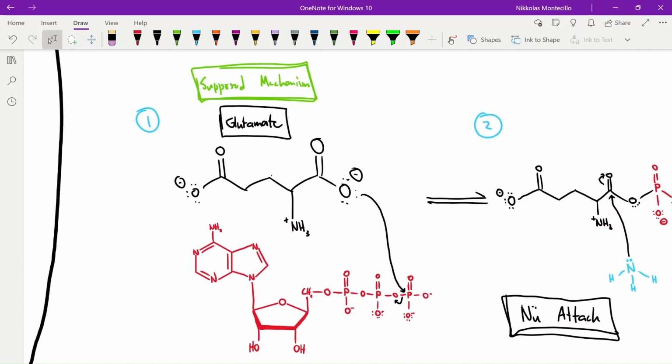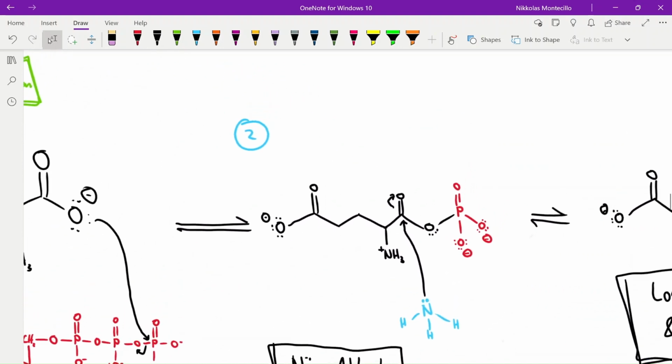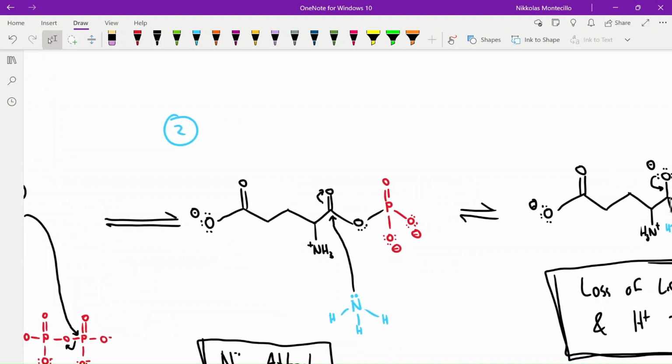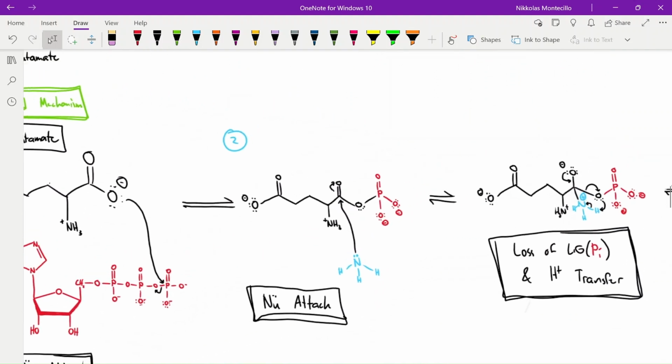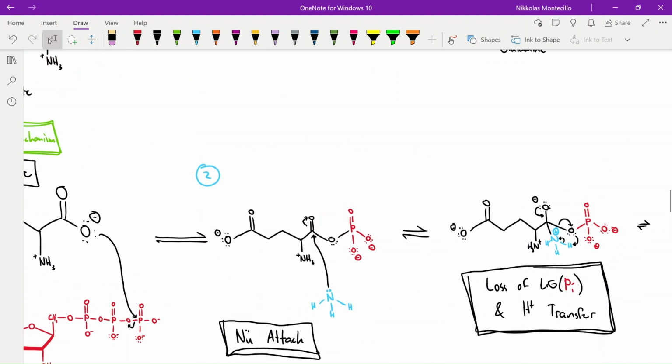So essentially what happens here is that glutamate serves as some sort of nucleophile, which nucleophilically attacks the phosphate group, right? Then once the phosphorylated compound forms, we see here that an amine, oh, not an amine, ammonia attacks, right? Some sort of ammonia attacks, right? And forms the loss of a leaving group. Oh, yes. It forms,